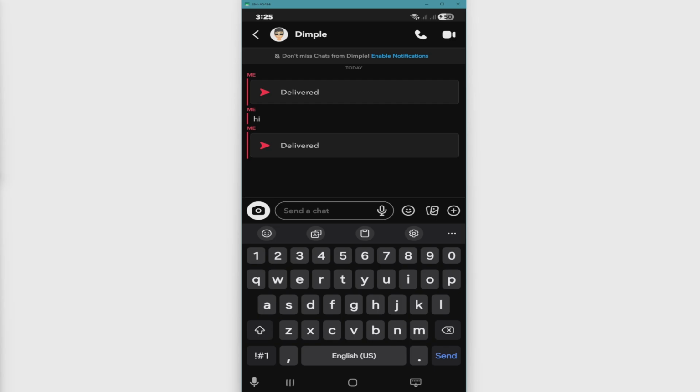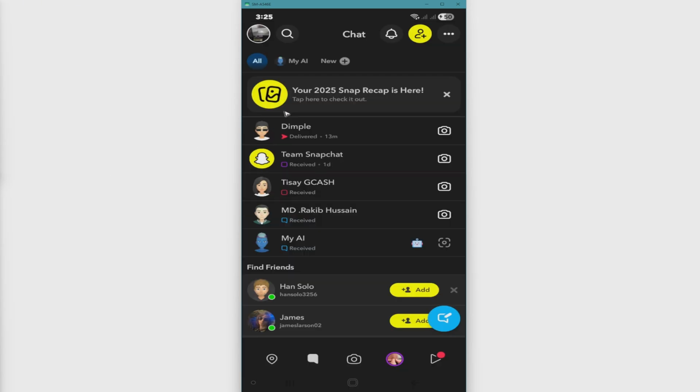So how to confirm if you've been blocked, not like they just deactivated or deleted their account? You could ask a friend, if you have a Snap friend, to search for the name. And if they see it and you can't, well, you've been blocked. If you don't have any friends, you can create an alternative account and see it for yourself. So the difference between blocked versus deleted or unfriended is that unfriended,